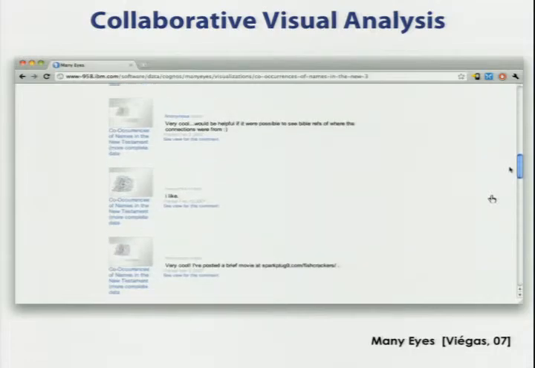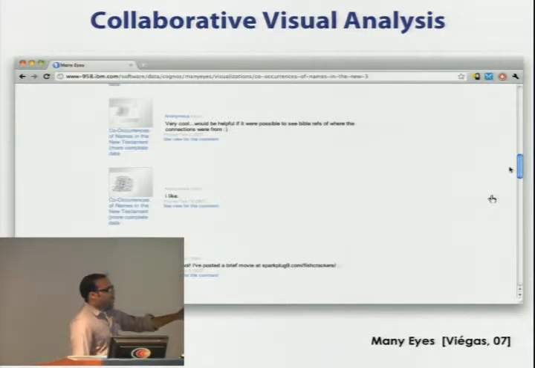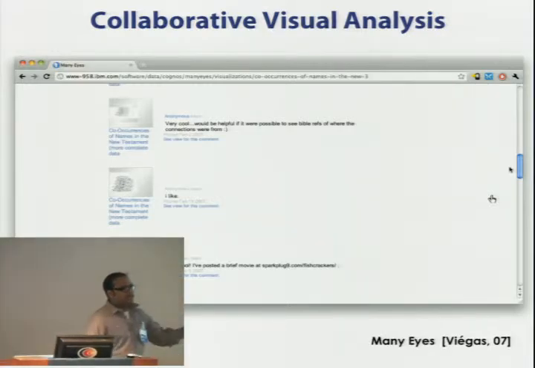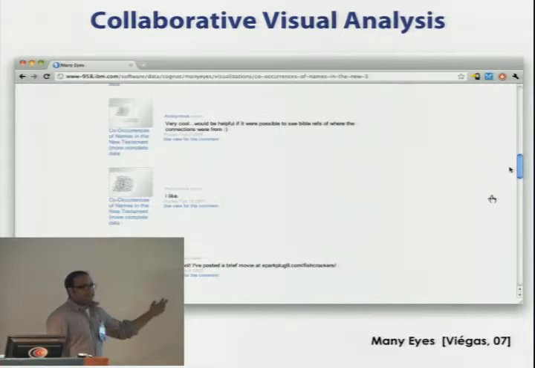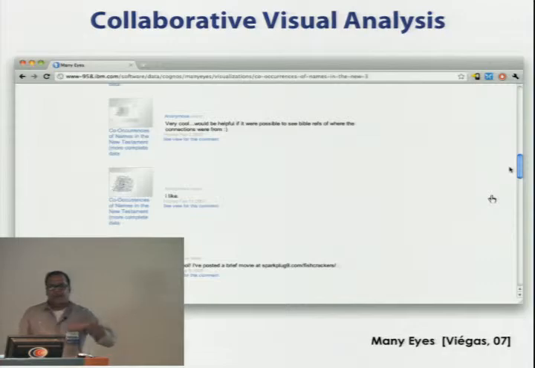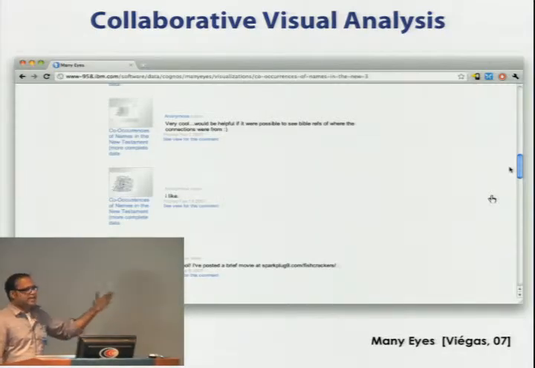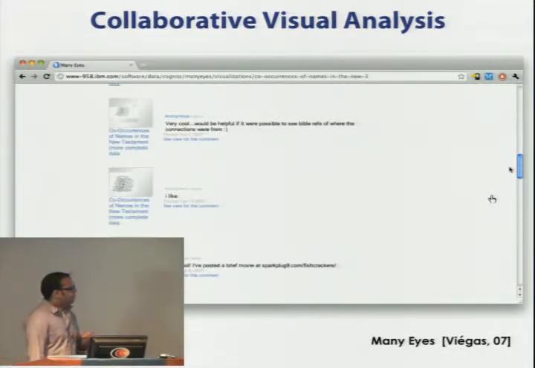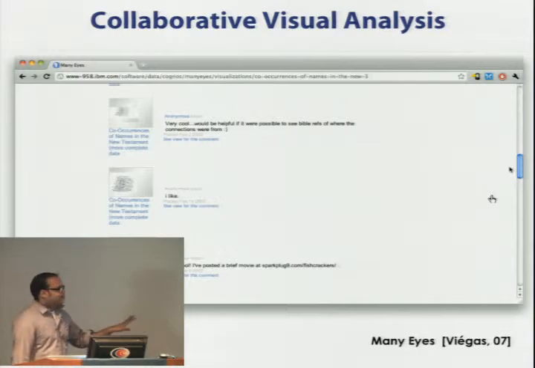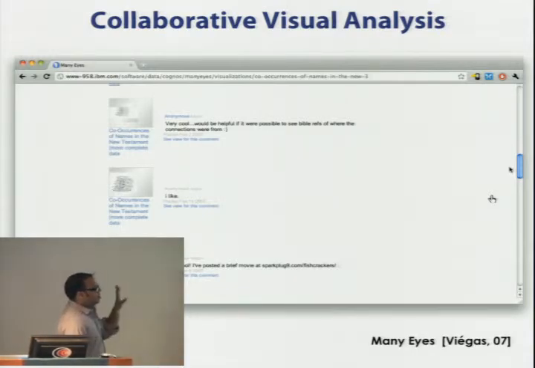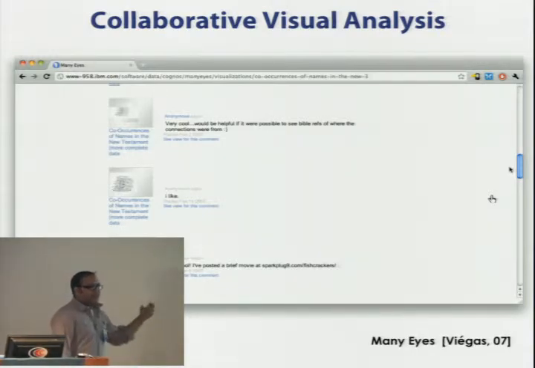What we hope for is that people will use this kind of commenting mechanism to analyze the data and leave insights about it, maybe hypotheses about why the data is the way it is, and evidence for and against those hypotheses. In practice, we see very little such analysis. In practice, these tools are not all that great for analyzing the data.